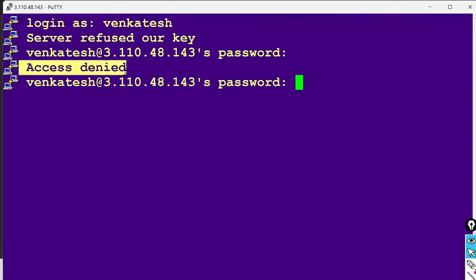Oh, it is not possible to log in to this machine, access denied, because you have been locked. That's all. You have been locked by someone else. That's why Venkatesh is not able to enter into this terminal session on the server, because he is in vacation mode. After completion of vacation mode, he will come and raise the ticket. Hey boss, please provide me login access. After coming back to the office, he will say, hey, please provide a login access for me.